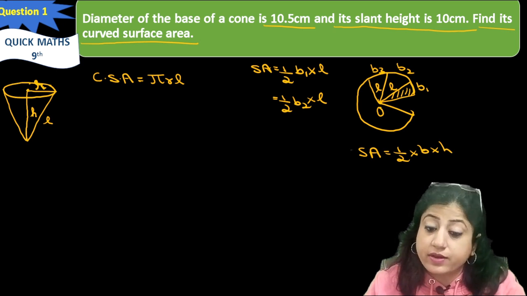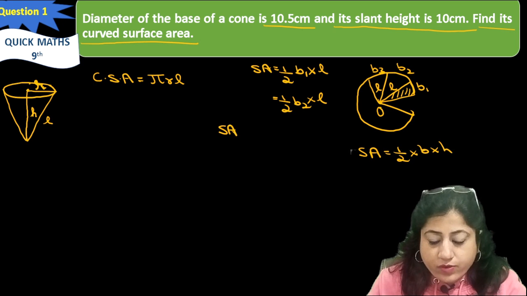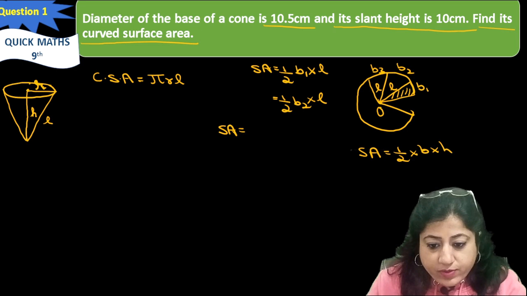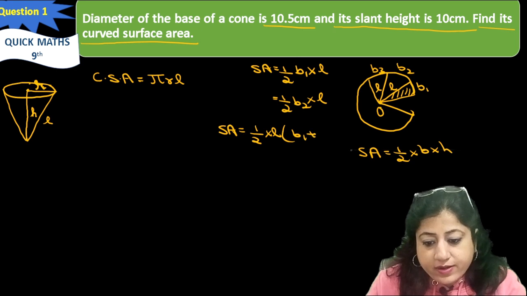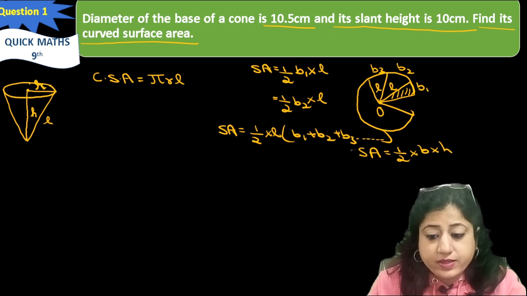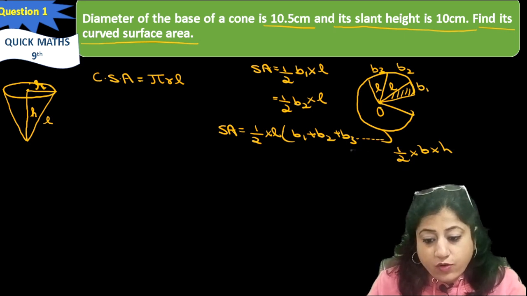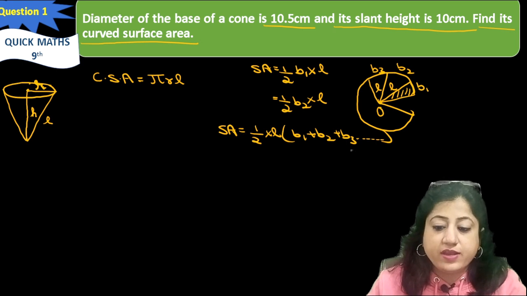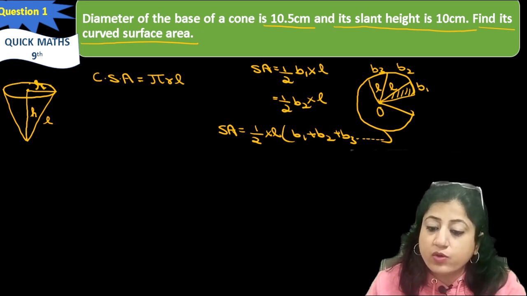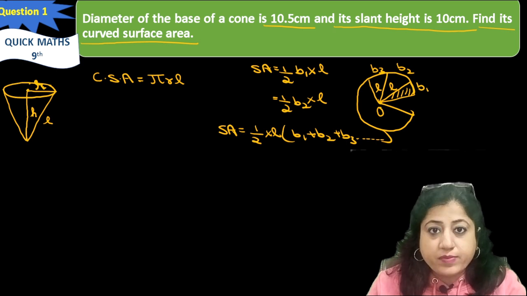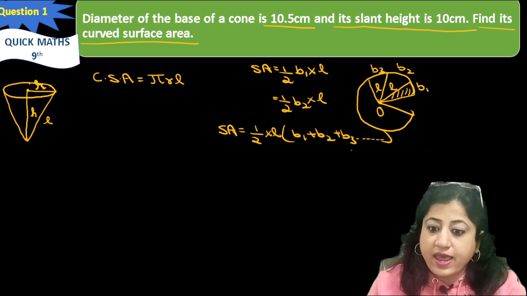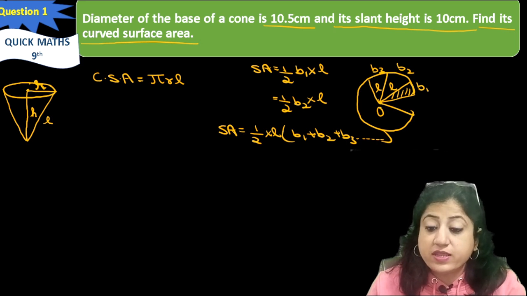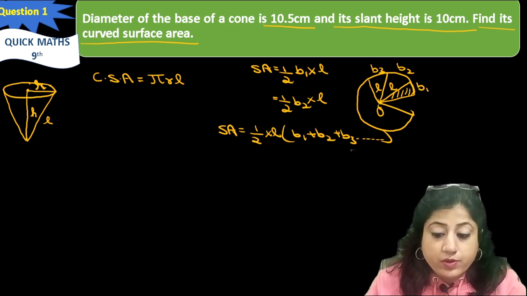area of the complete circle. So the surface area of the complete circle means this cone, it is of the shape of a cone. It will be half common, L common, but B1 plus B2 plus B3 and so on. This is the surface area of the cone. जब हम इन सभी ट्राइंगल्स का सरफेस एरिया ऐड करेंगे तभी हमें सरफेस एरिया पूरे कोन का मिलेगा. तो इन सभी ट्राइंगल्स में L सेम है, हर जगह रेडियस क्या है L, लेकिन बेस जो है वो डिफरेंट है. Bases are B1, B2, B3 up to Bn.